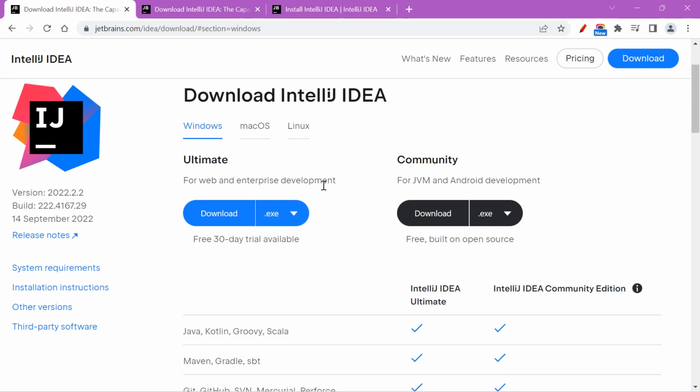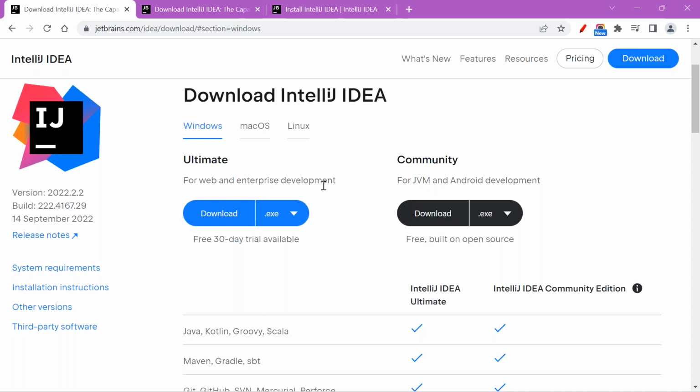For companies and all, they will purchase the license and use it. Let me explain that part also. When you are in an organization, working for a company, if it is a startup company, they will allow you to download your software online.